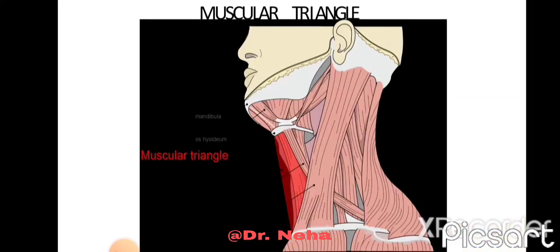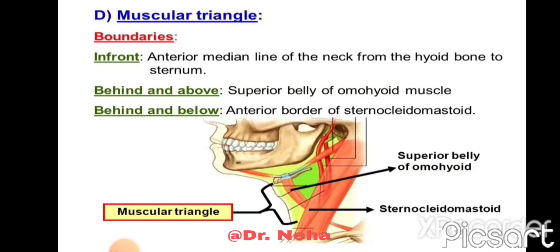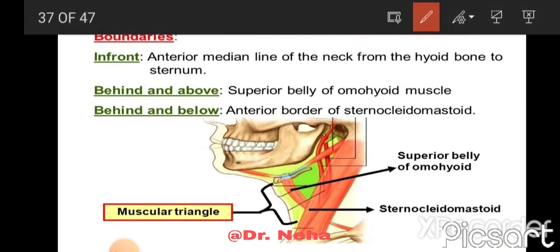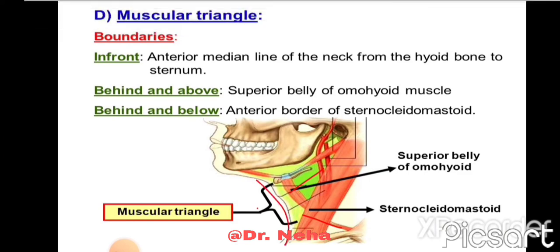Next triangle is the muscular triangle. This has been highlighted with the red colored area in the anterior aspect of the neck. The anterior boundary is made up of the anterior median line of the neck from the hyoid bone to the sternum. Above and behind it is bounded by the superior belly of omohyoid. Below and behind it is bounded by the sternocleidomastoid. So this is the above and behind, and this is below and behind, and this is the anterior median line, which forms the anterior boundary